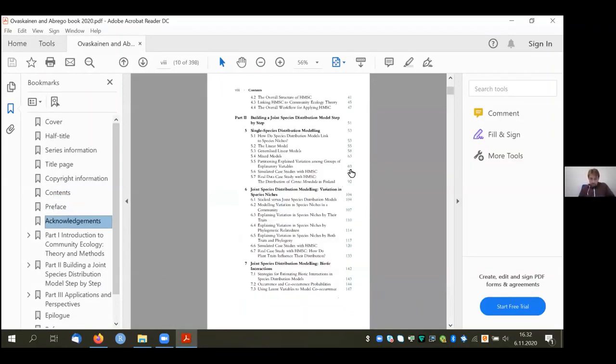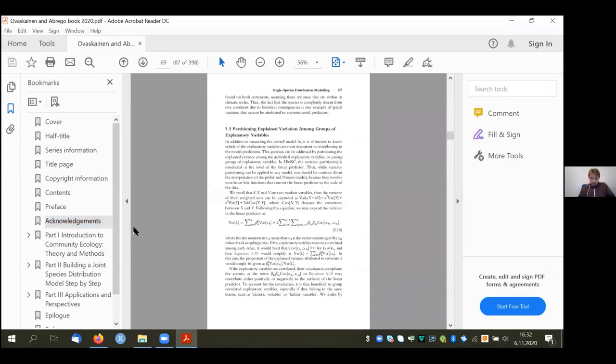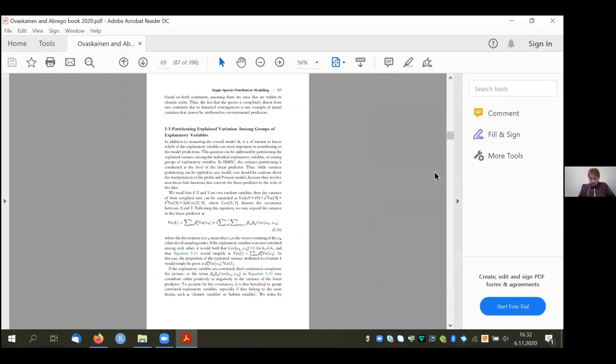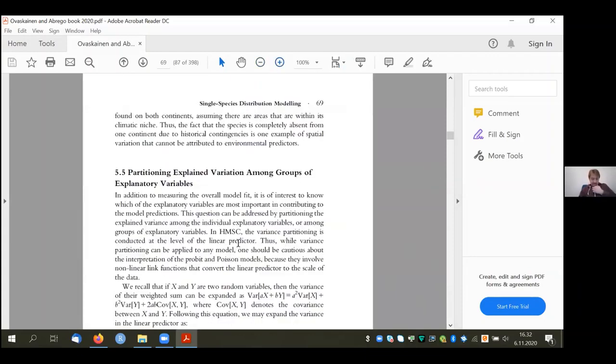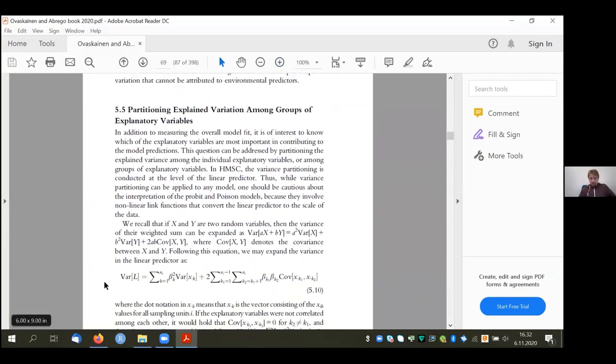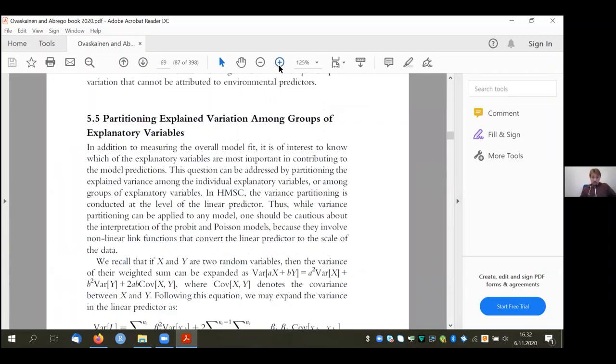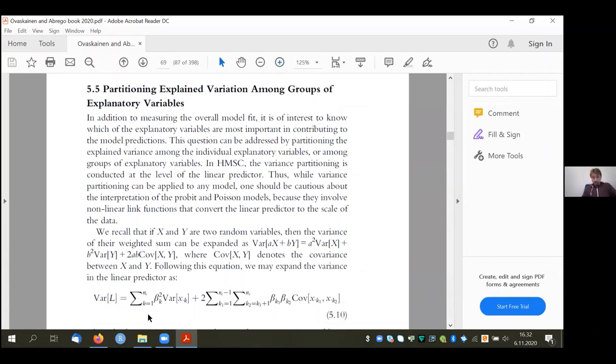Here we have the variance partitioning section, and the variance partitioning is basically just based on looking at the variance at the level of the linear predictor, and basically what pops out in this kind of simple calculation are the